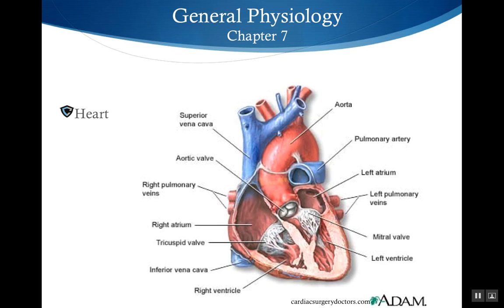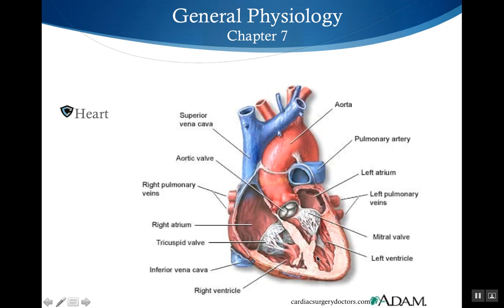Now, each of the atria and the ventricle are separated by a valve, and you can see that right here. And that valve, what it does is it prevents the backflow of blood. So the tricuspid valve, as you can see right here, is on the right side of the heart, and it separates the right atrium from the right ventricle. It's called tricuspid because there's actually 3 leaves of that valve there. The mitral valve is also called the bicuspid valve because it has 2 leaves, and it separates the left atrium